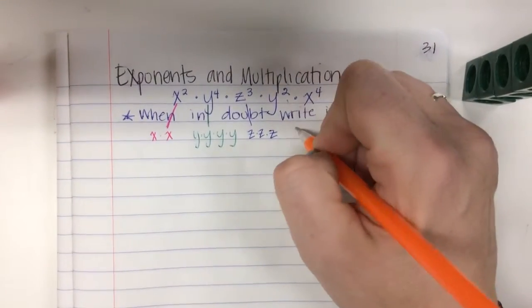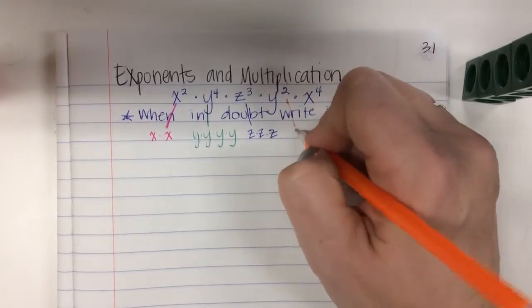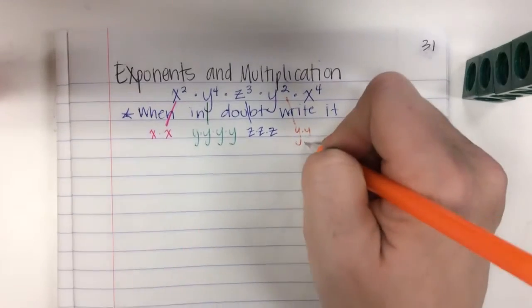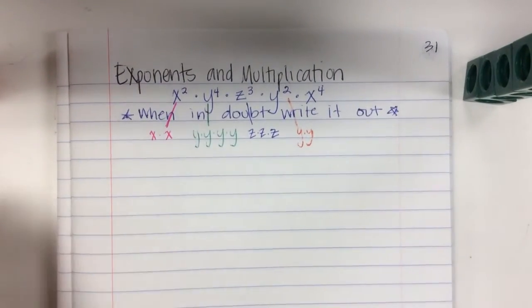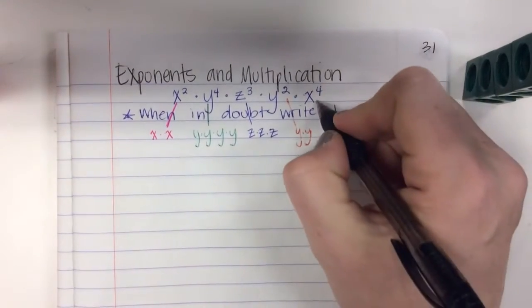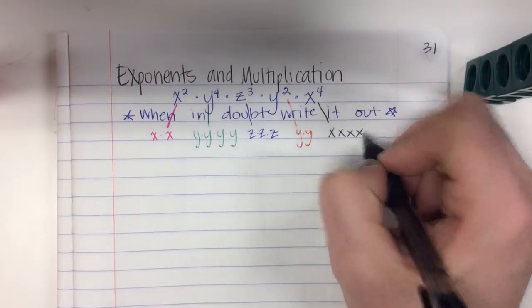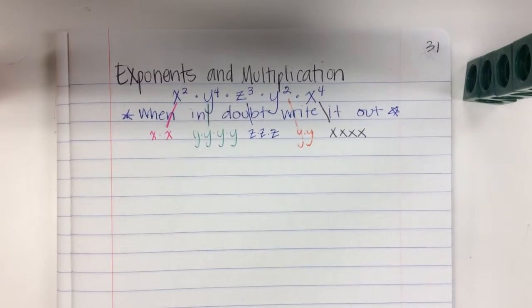And y squared is really y times y. And x to the fourth is x times x times x times x. Right? If I wrote it all the way out, with no exponents at all,